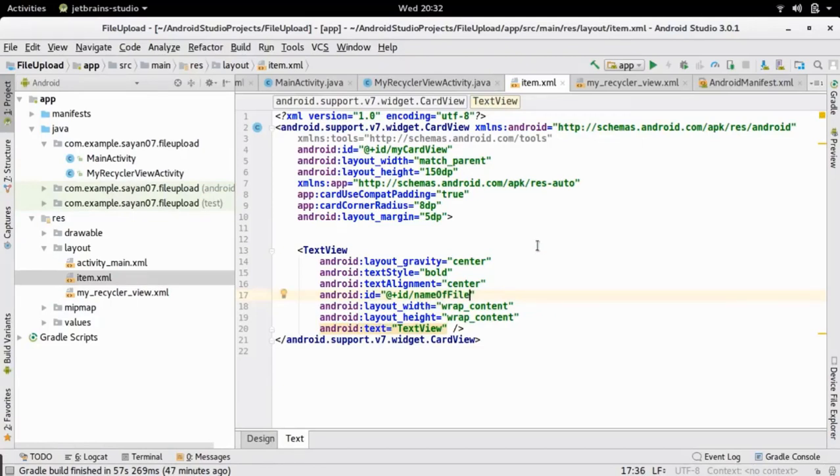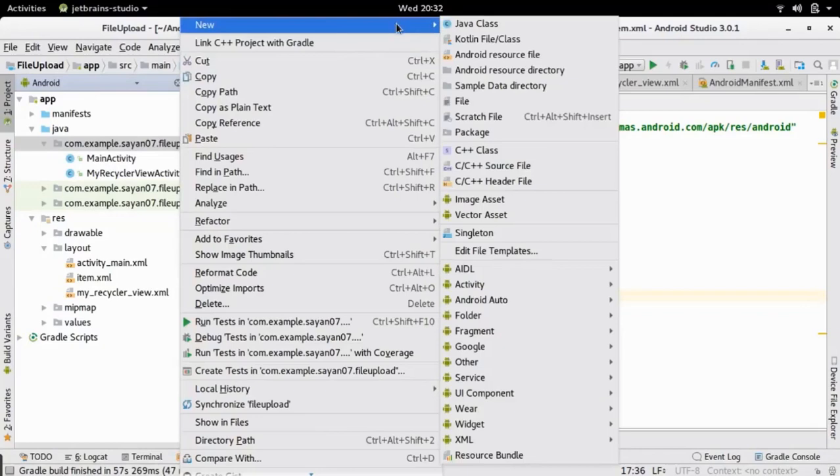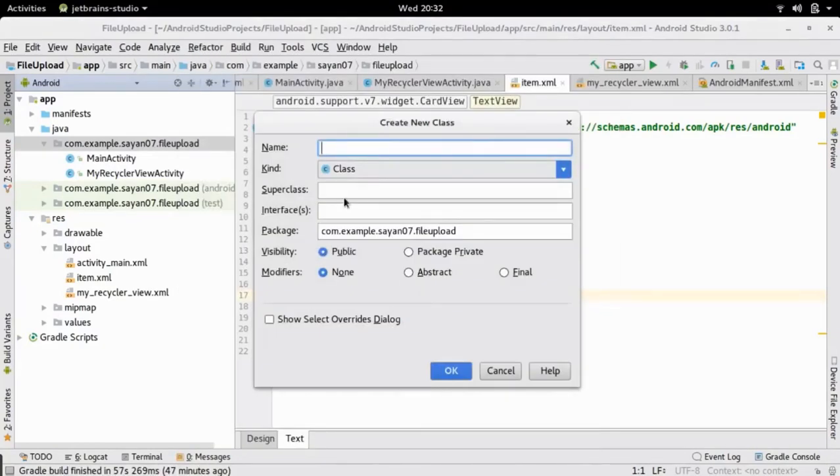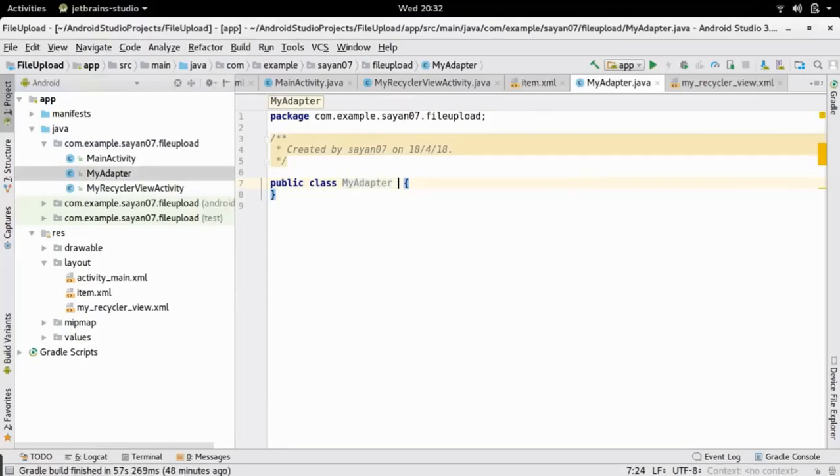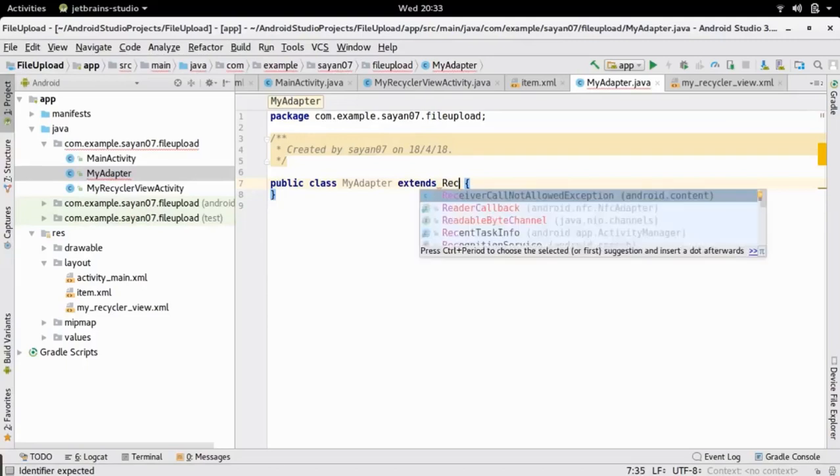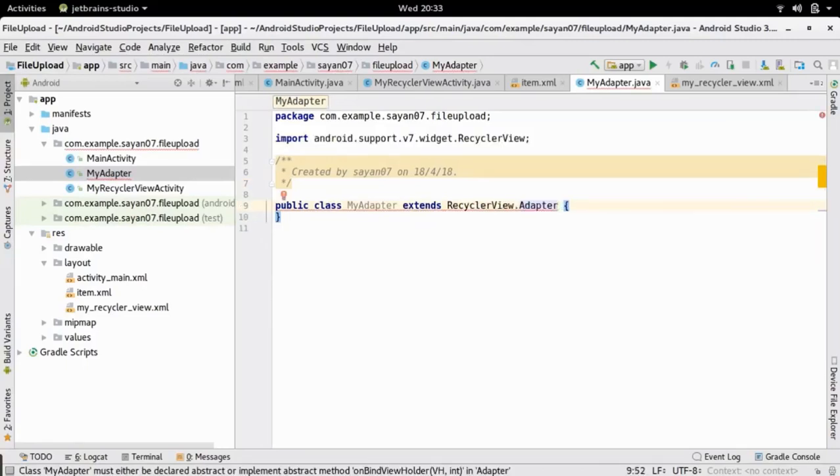now we are actually going to create our custom adapter. So click on this first Java folder, right click, navigate to new, then Java class, and let me name it as my adapter and click on OK. Now to create a recycler view custom adapter, we need to extend the recycler view adapter class. Okay, so basically extending this class denotes that we are going to create our own custom adapter.